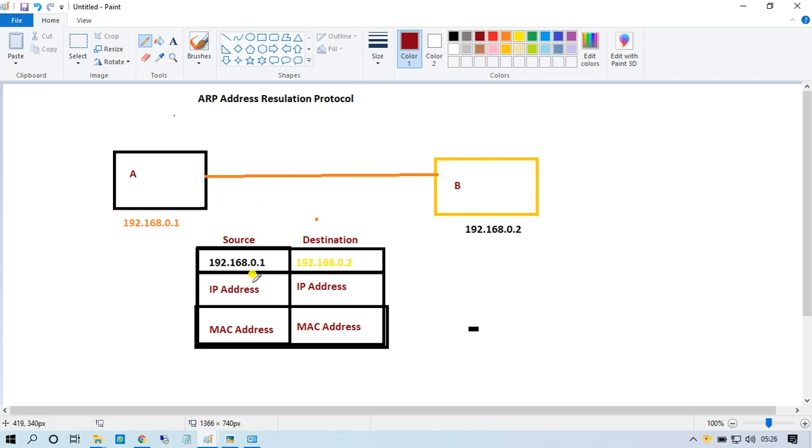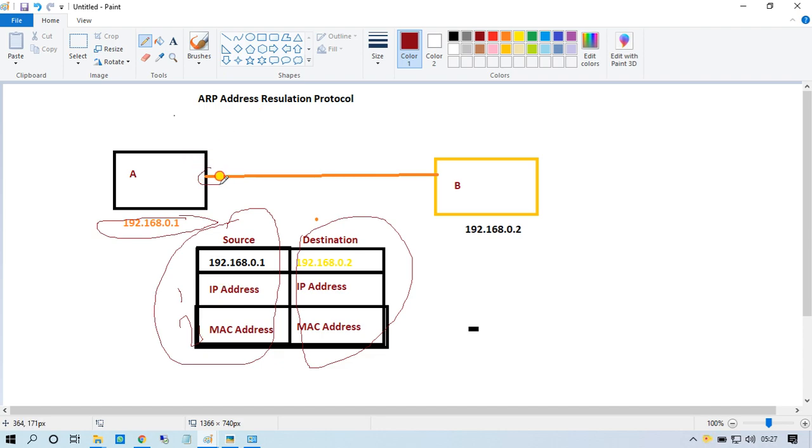What kind of information does it need to send or communicate between two devices? It needs the local source interface information and destination information. It has its own source information. First is the IP address, which works on layer 3. And what is the MAC address? It knows its own MAC address.